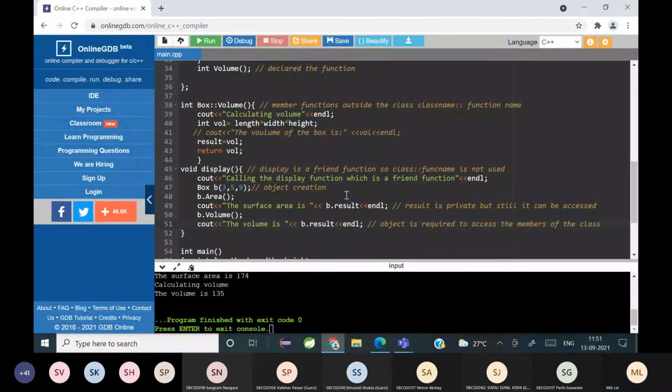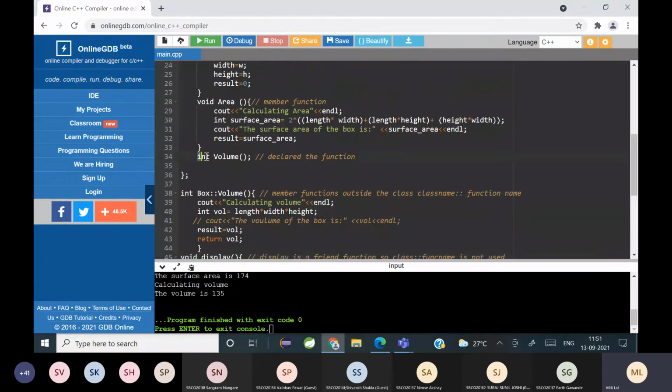Yes, ma'am. Next, you can see I've written volume outside the class, but वहाँ पे difference क्या था? I needed a class name and a scope resolution operator. But in the case of the friend function, I don't need to write the class name and the scope resolution operator because the display function doesn't belong to the class. Next, when I declared volume, I wrote just the return type and the function name.